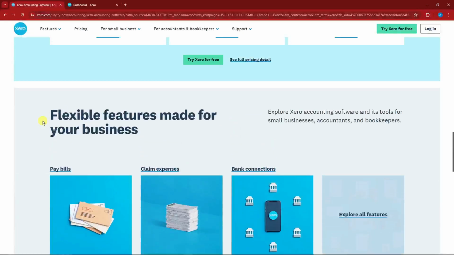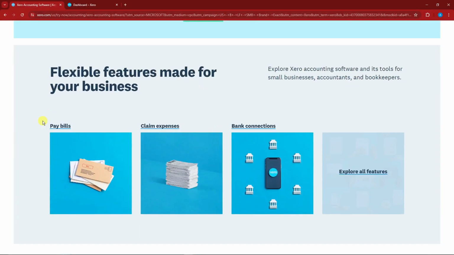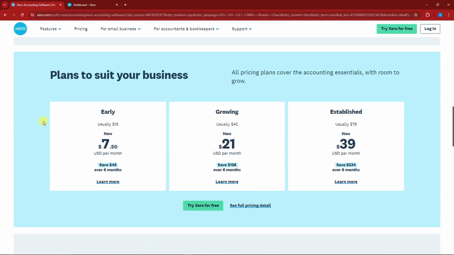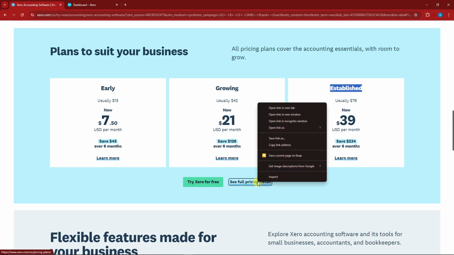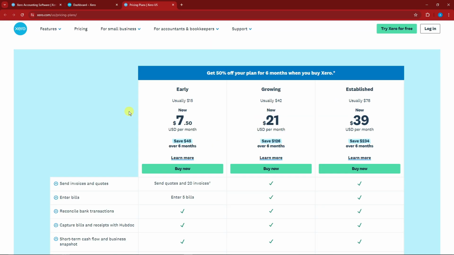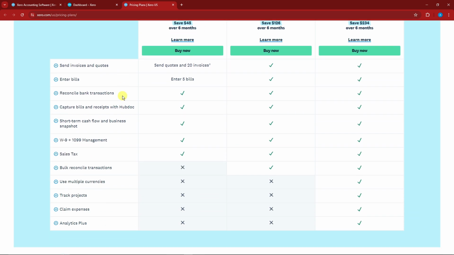And right now we're currently trying this for free with the free trial, but this is going to be the pricing. So the early stage or entry point is going to be $7.50 per month, usually 15, that's actually 50% off. The second one, growing, is 21, and established is going to be 39. And if you want to check the full pricing detail, let's go to it right now. So here we have it. The 50% off will be for the first 6 months,